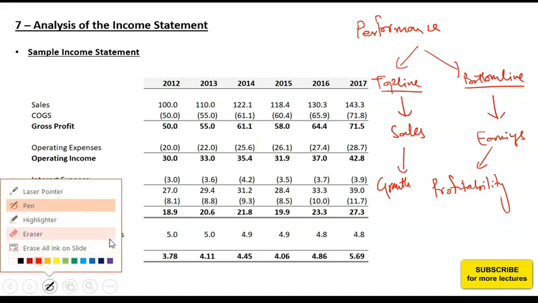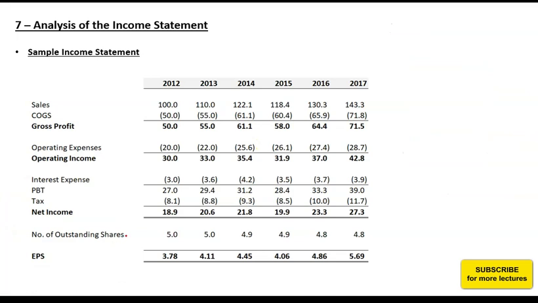So here is an example. Here is a basic example of a sample income statement, a very basic income statement that is given to you. When you start analyzing it, the first thing you do is analyze the sales trend, what has been the trend in sales. There are many ways of looking at sales. One of the simplest ways would be to look at the 1 year growth.